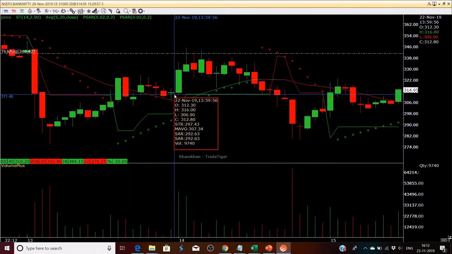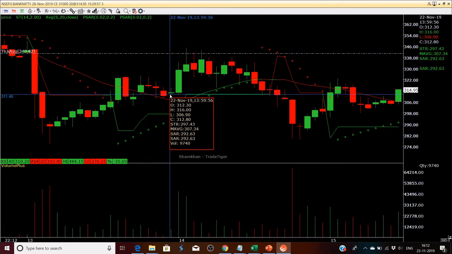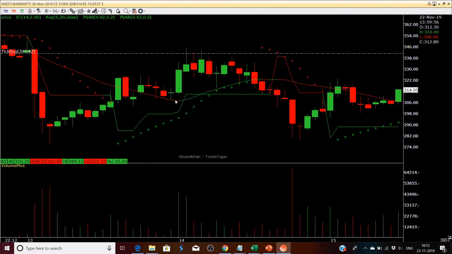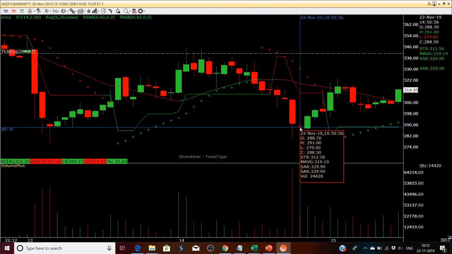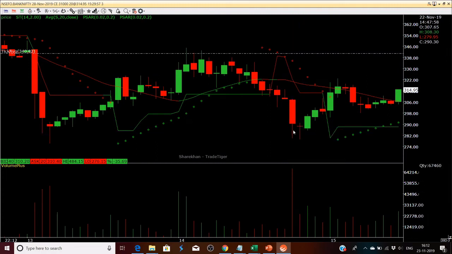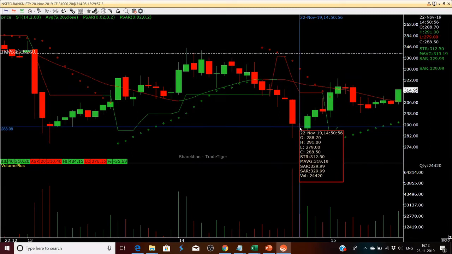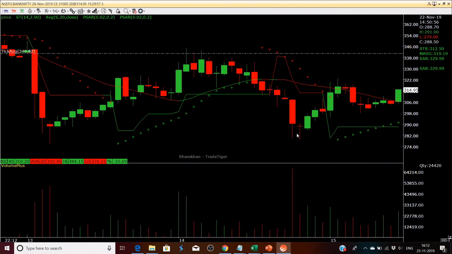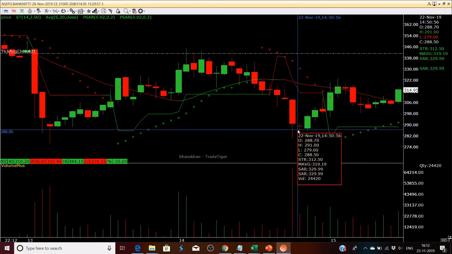Similarly on this bar, see, but the location of this bar is not below the 20 period moving average, so I won't consider this. It should always be below the 20 period moving average. See here, there's a huge volume on this bar, so that means the buying happened. And then the next candle is this candle, which indicates you can go for a long entry here,